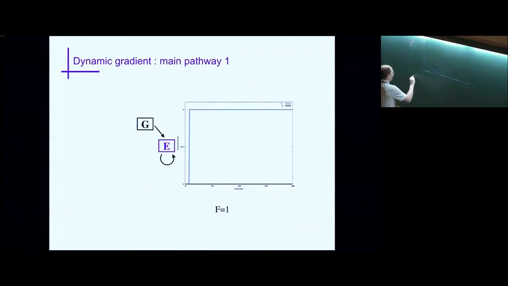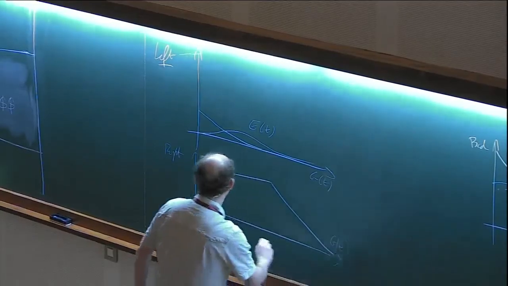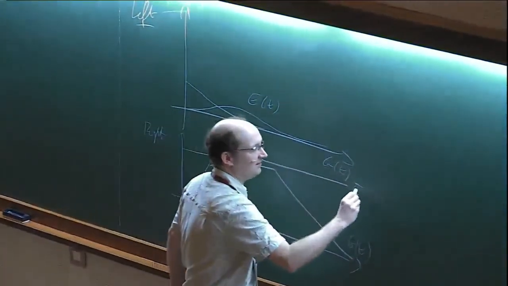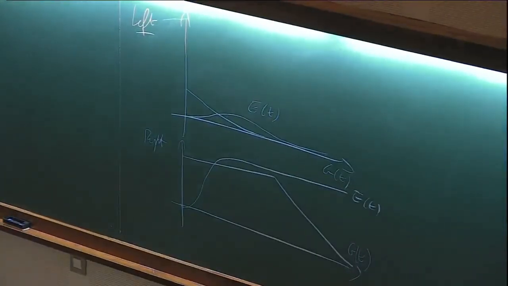In a cell on the right, what you get is something like this. G is higher, and then E is turning on, and then stays on. Okay? So another way to think about it is that development is just you change the dynamics of the input, and then you look at how the fate depends on the dynamics of the input. And this is what is being simulated here.